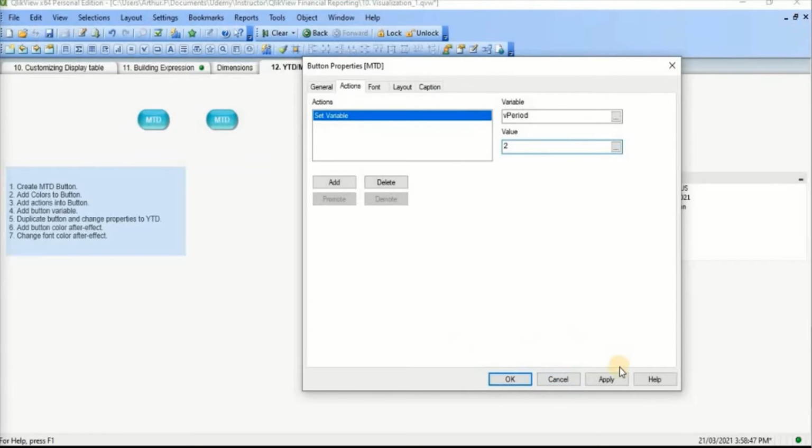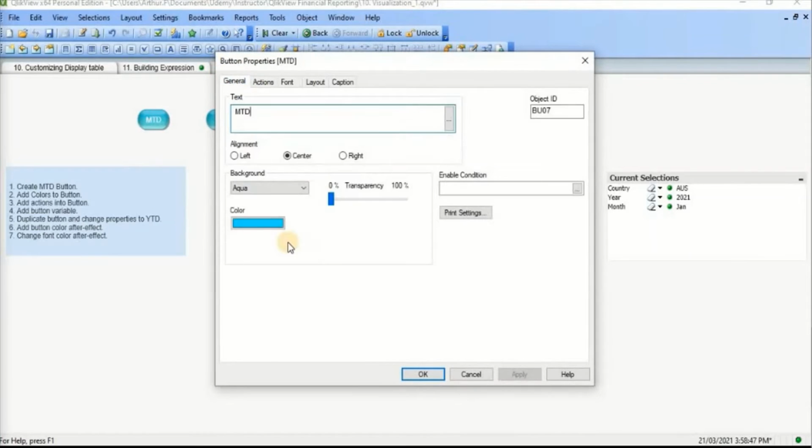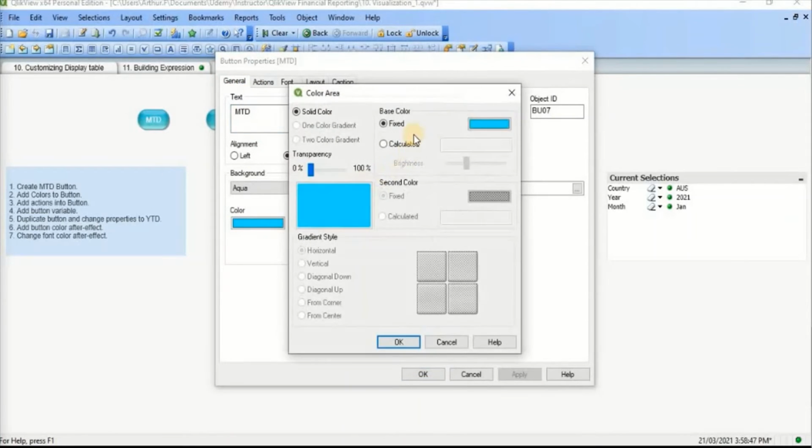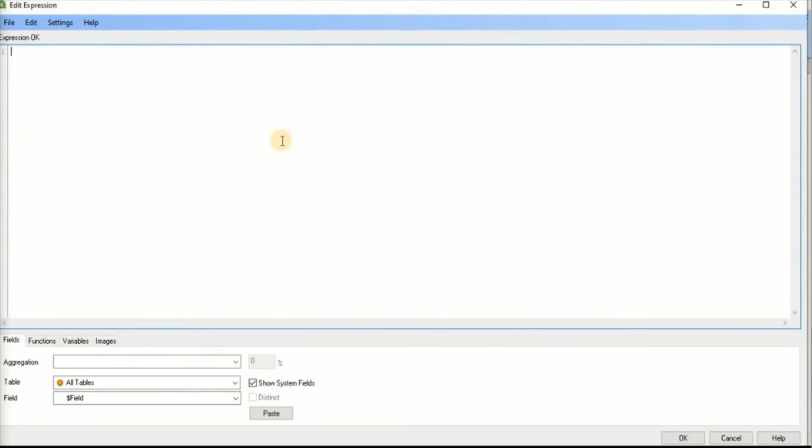Now let's click on apply and next we are going to add in the button color after effect. So let's go to properties here. Go to general and the color here. So we want, when this is selected, the button to change to green. If it is not selected, please change it back to this default color. So let's click on the edit expression button. Okay, and then we do an if